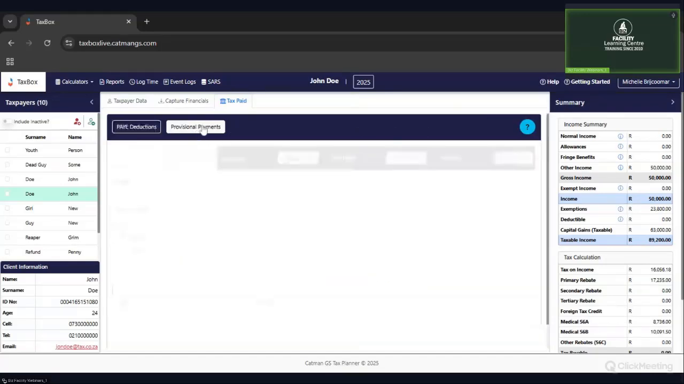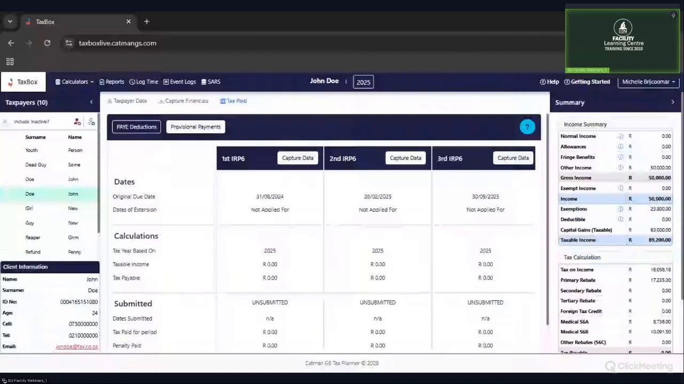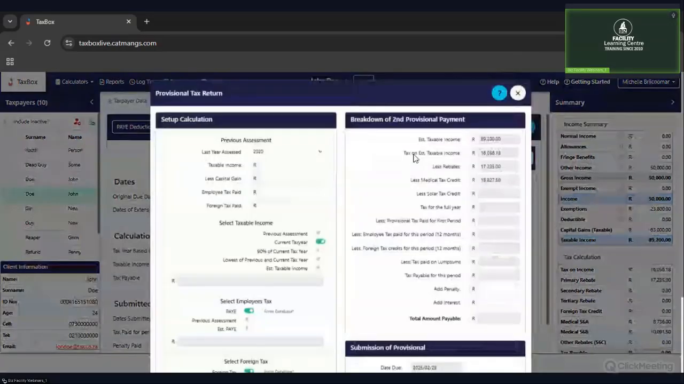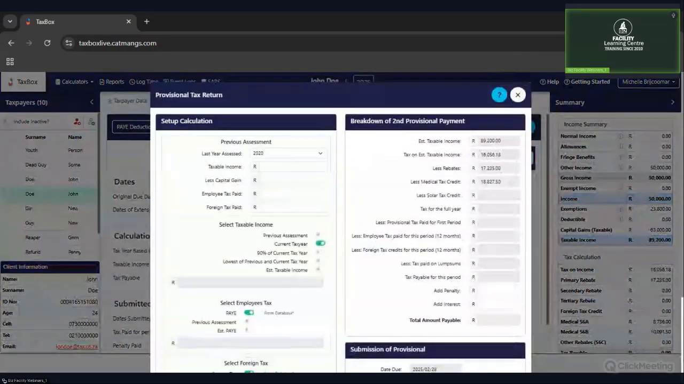So I'm going to move over to provisional taxes. Here you will see the first period, the second period, and the third top-up period for provisional taxes. I know that in the first period, John had not paid in any provisional taxes, but he did pay in the second provision. So I'm just going to click on capture data over there, and it will bring up the provisional tax return